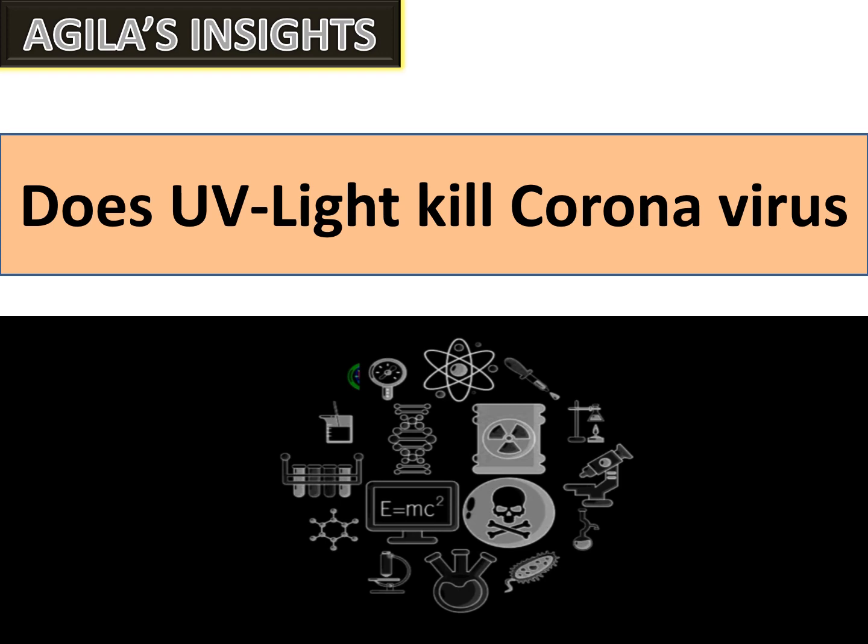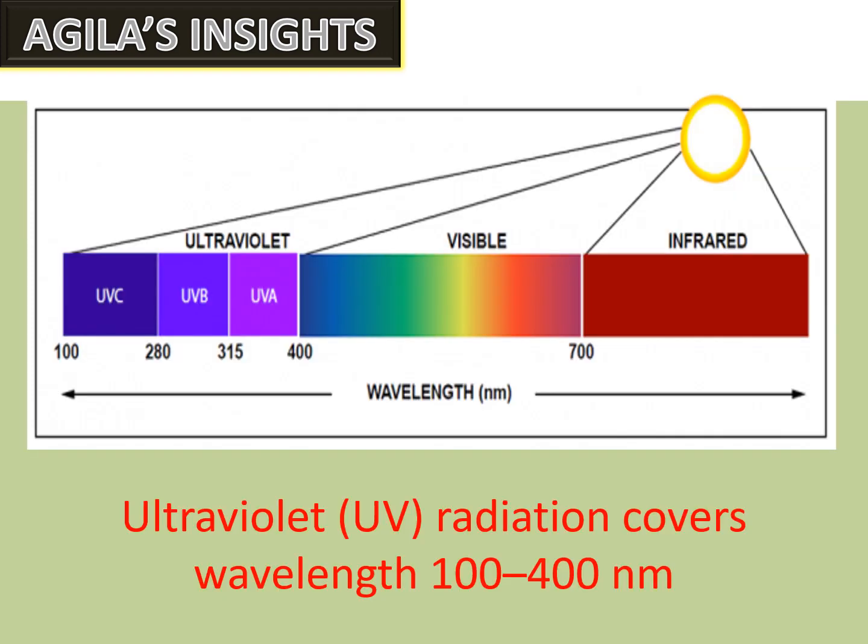Today's topic is, does UV light kill coronavirus? UV, that is ultraviolet radiation, covers the wavelength range of 100 to 400 nanometers, which is a higher frequency and a lower wavelength than visible light. This ultraviolet radiation comes naturally from the sun, but it can also be created by artificial sources used in industry,